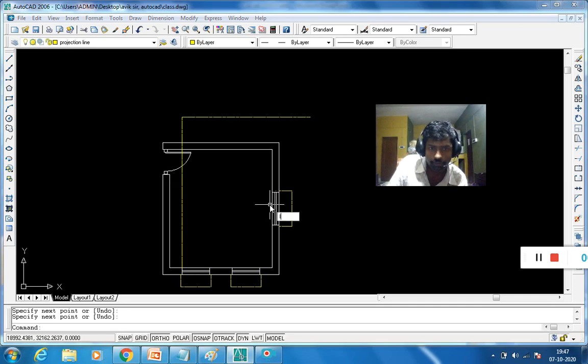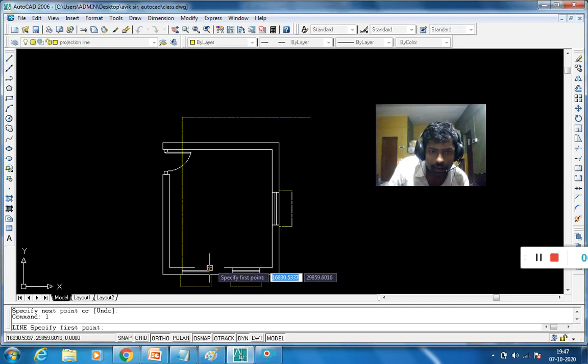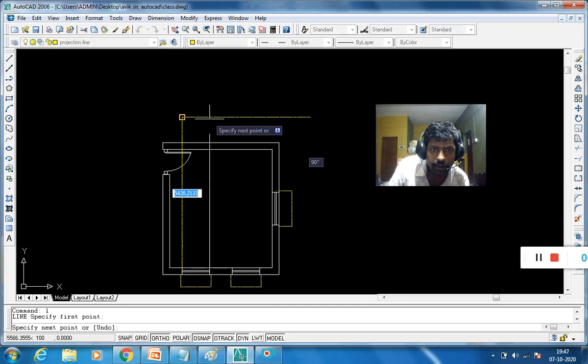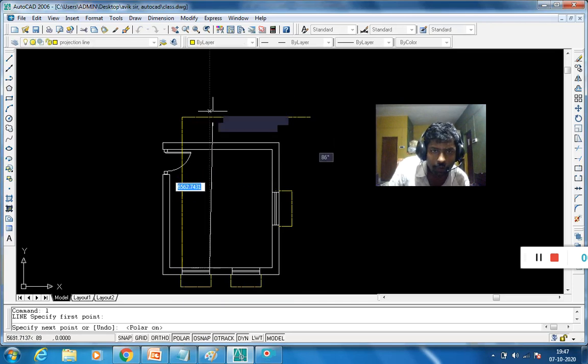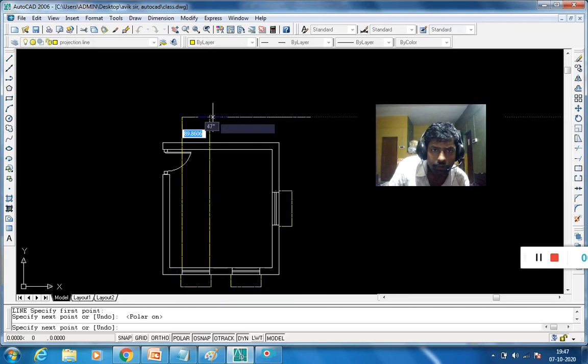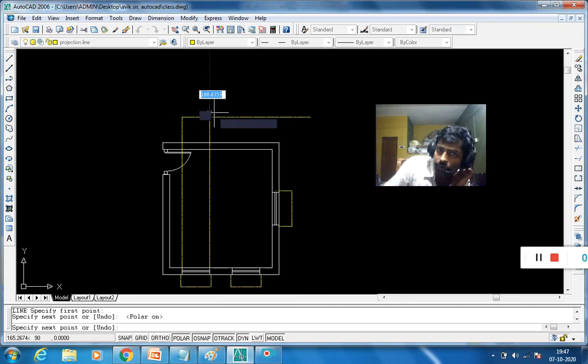Switch on the polar mode to select points, to choose the intersection points.